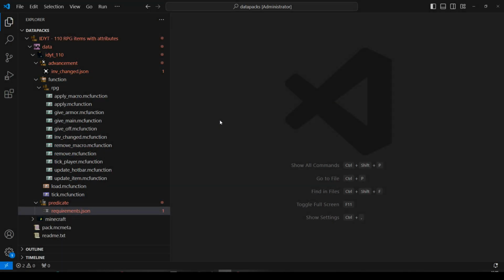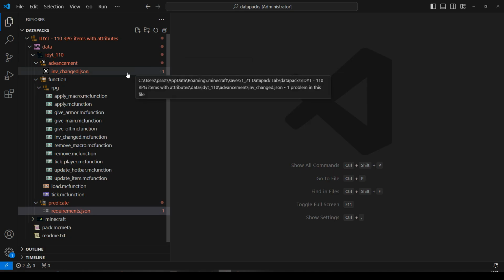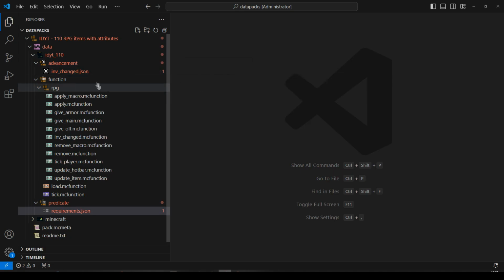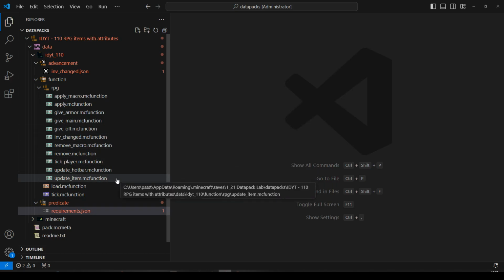Okay, here we are in VS Code. I've added a load of folders and files. Let's have a look to see what I've added. Inside my namespace, I've added the folder advancement. Inside there, invchange.json. Inside my namespace function folder, I've added a folder called RPG, and I've added apply macro, apply, give armor, give main, give off, inv change, remove macro, remove, tick player, update hotbar, update item, and we've got the load and the tick, which we will be using, and inside my namespace, I've added the folder predicate,